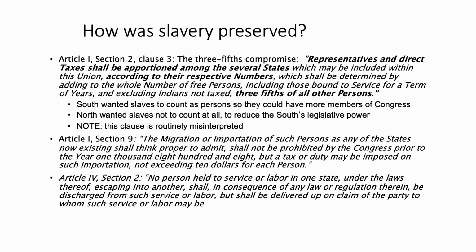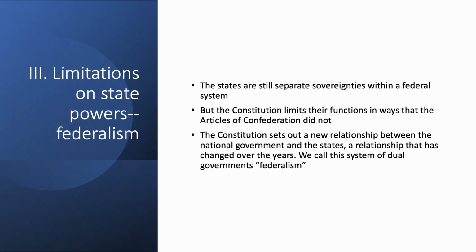This is one of the most objectionable parts about the entire Constitution. The idea that people are forced to return people who had escaped slavery to the slave owning people in the southern states. So that is how slavery was preserved. This compromise was thought to be necessary, apparently, by the northern representatives in order to keep the South in the Union. And of course, this raises the question of whether they should have kept the South in the Union. But this is what, in fact, the compromise was.